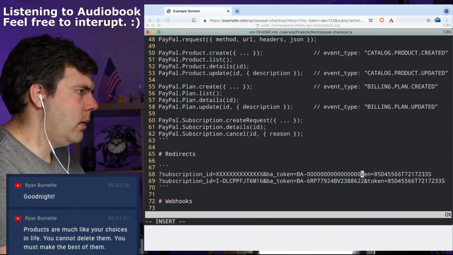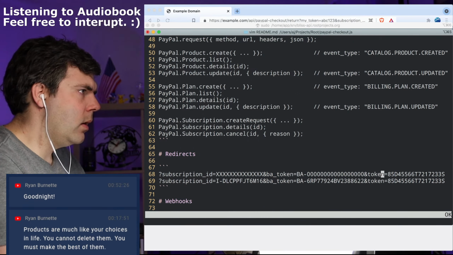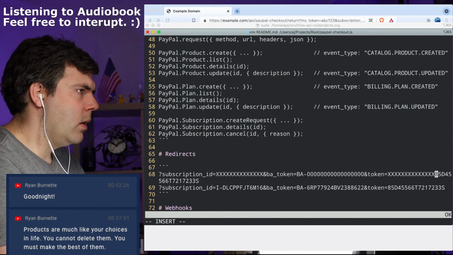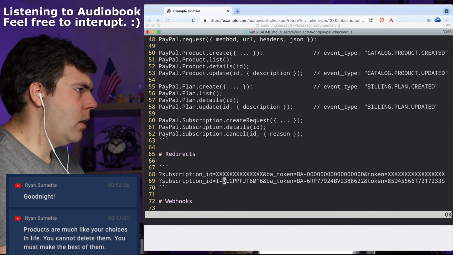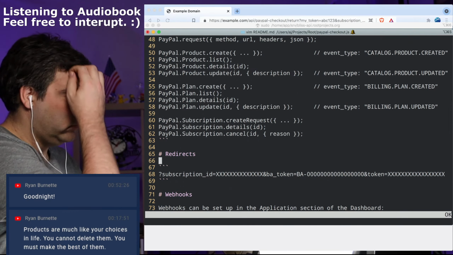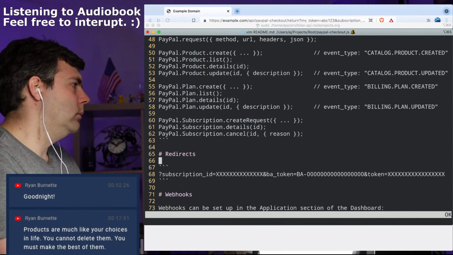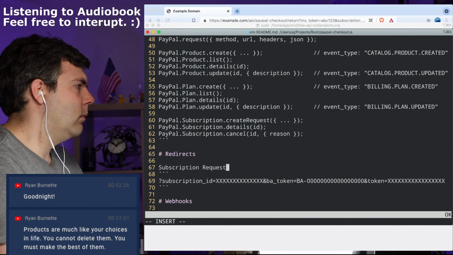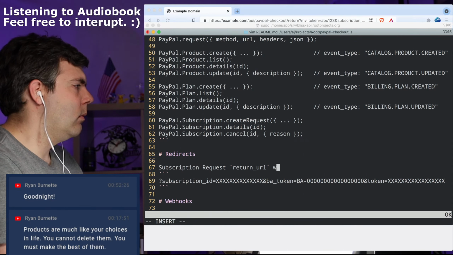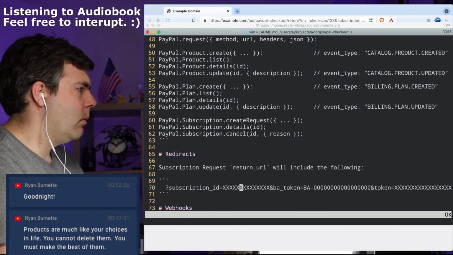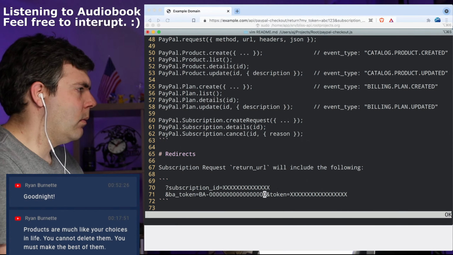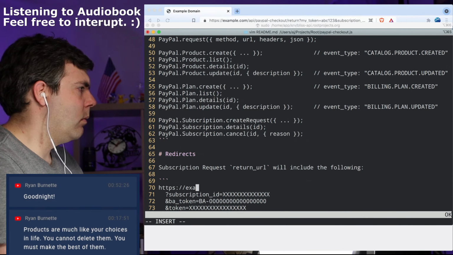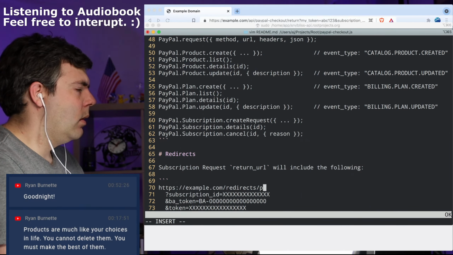It's got some sort of data encoded in there, I'm pretty sure. Let's see, PayPal. Return.